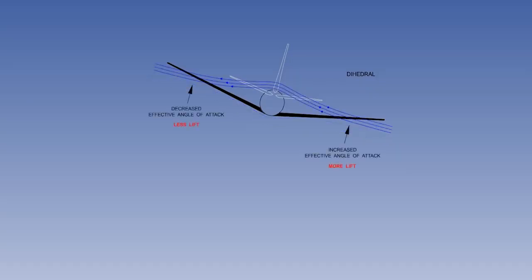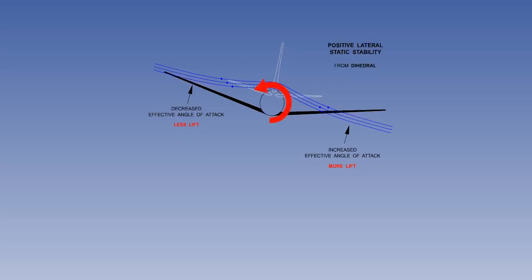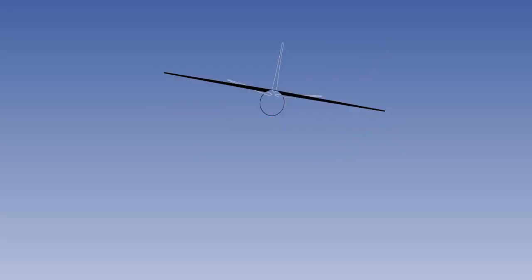and the airflow over the top gives more lift on the wing into wind and less lift on the wing out of the wind, which generates a rolling moment back towards wings level. Dihedral gives an aircraft with a low-mounted wing positive lateral static stability. We will now take a look at the high-mounted wing. The airflow over the top of the fuselage wing junction gives more lift on the wing into wind and less lift on the wing out of wind,